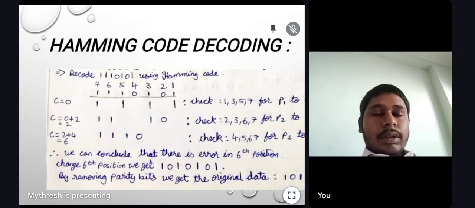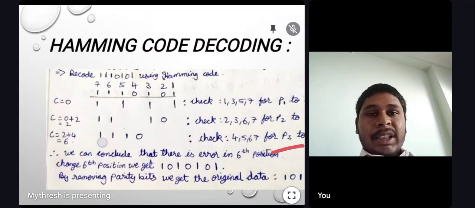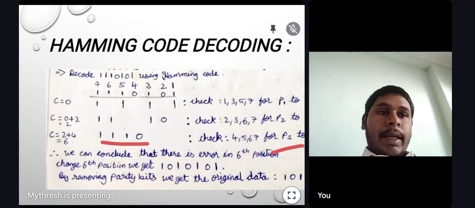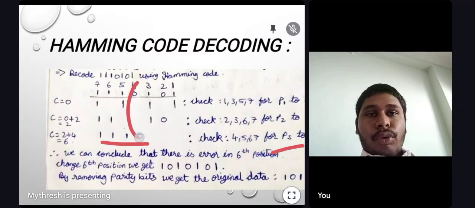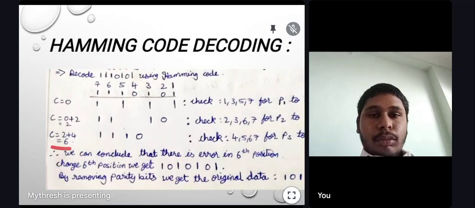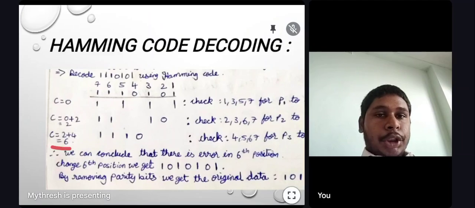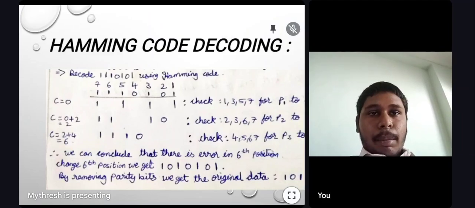Let us verify the third parity with positions 4, 5, 6, 7. Here we are getting odd parity again, so we will add 4 to the error code. After that we get 6, so there is an error in the 6th position. Hence we have to change the bit in the 6th position, when the original transmitted code is